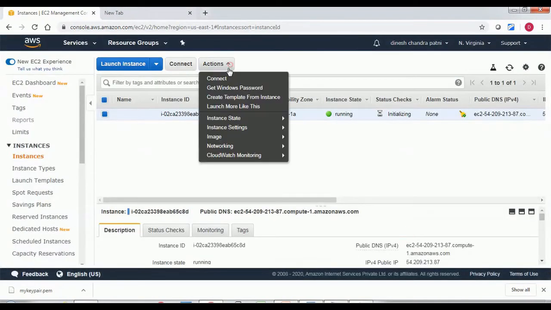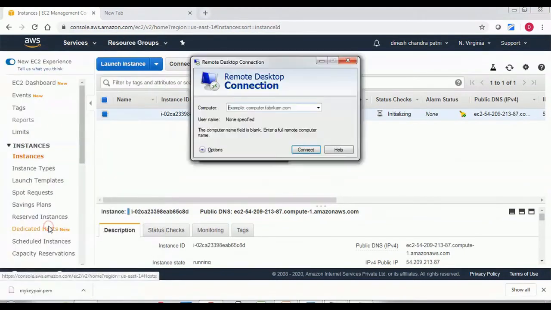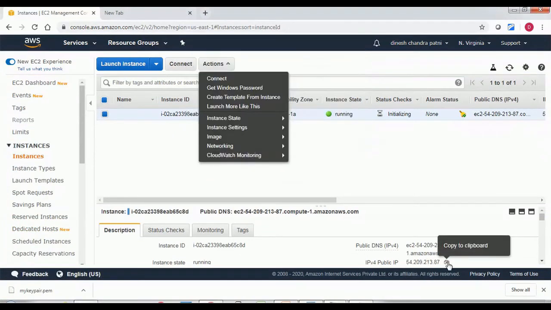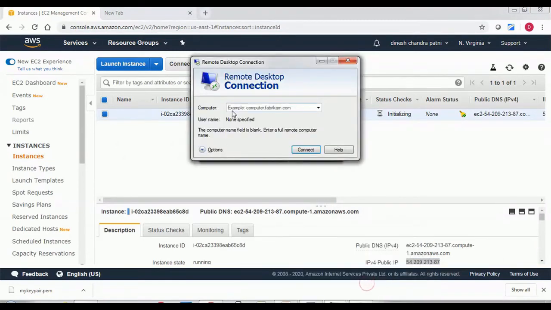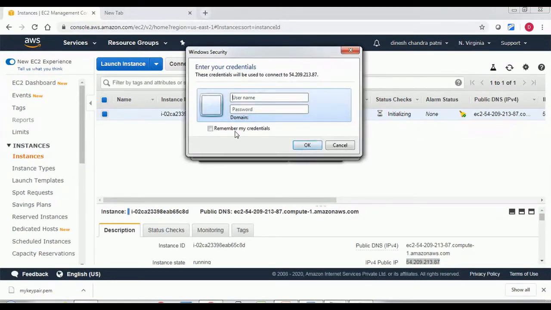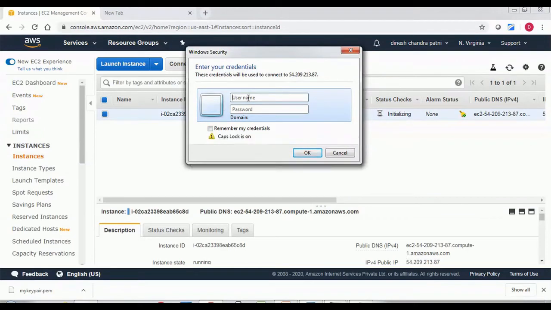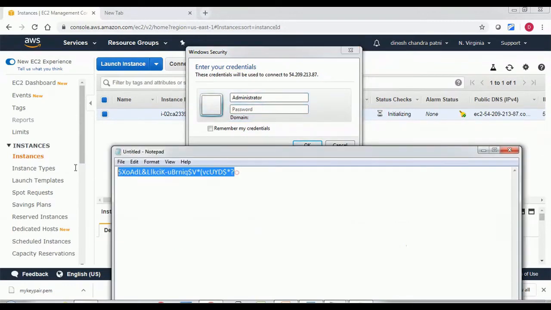Now I can connect with this, or I can take a remote desktop session. I need an IP address. This is my IP address. I can copy it and use Remote Desktop to connect to that IP. It is asking for a username. The username is Administrator, and the password I need to copy from here.